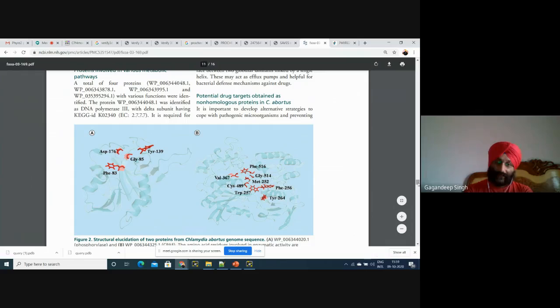So for drug designing, we should identify the 3-dimensional structure. See, you are able to see my screen here. For one structure, the active sites are present at positions 176, 139, 85, and 83. If the sequence is linear, where are these positions lying? Can you imagine? One is at 83 and another is at 139. That is a lot of difference in the primary structure.